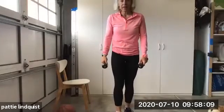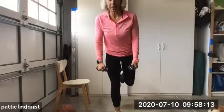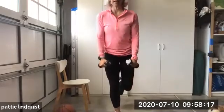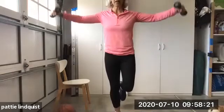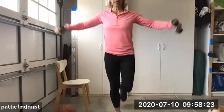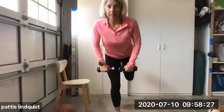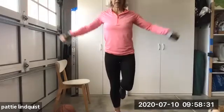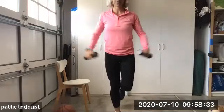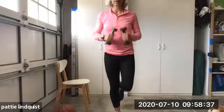So, on my one leg, right leg is where I'm starting. So I hinge forward, and then I stand up, and then I lateral raise. Okay, do a few more lateral raises, okay? 2, 3, 4. Okay, let's hinge again. 1, 2, 3, 4. Now let's hold these right here